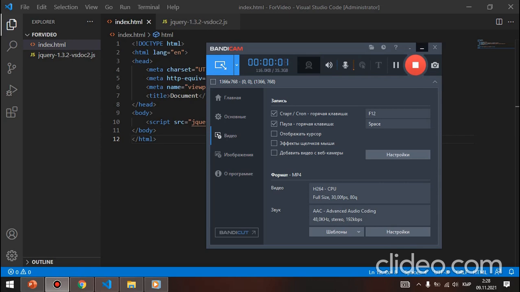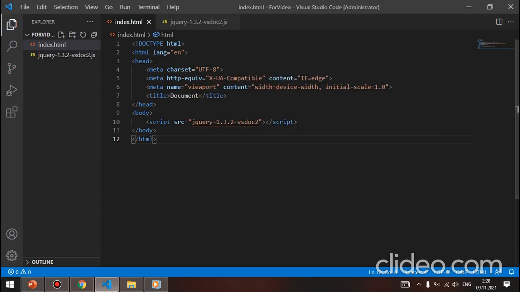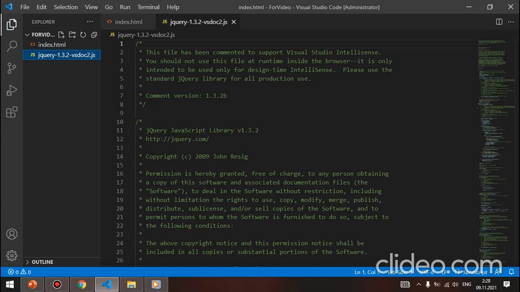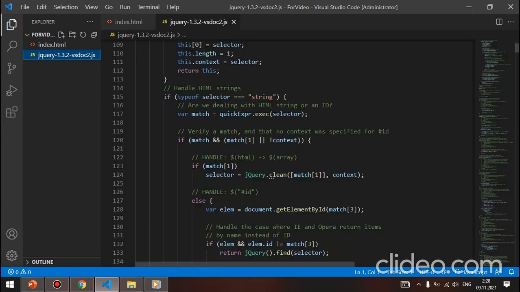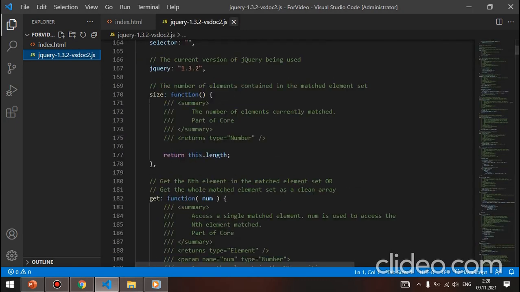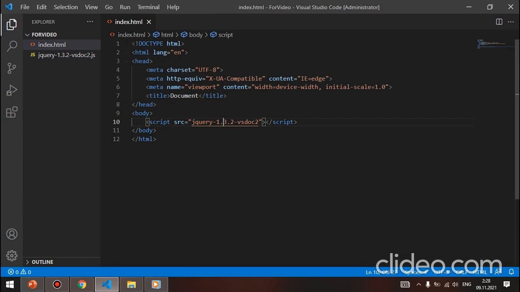Sorry for that, Bandicam doesn't work correctly. So you need to write script and then show the direction where your jQuery JavaScript code is. But it's so long, and you can miss versions if it's not updated every time. Instead of that, you can just